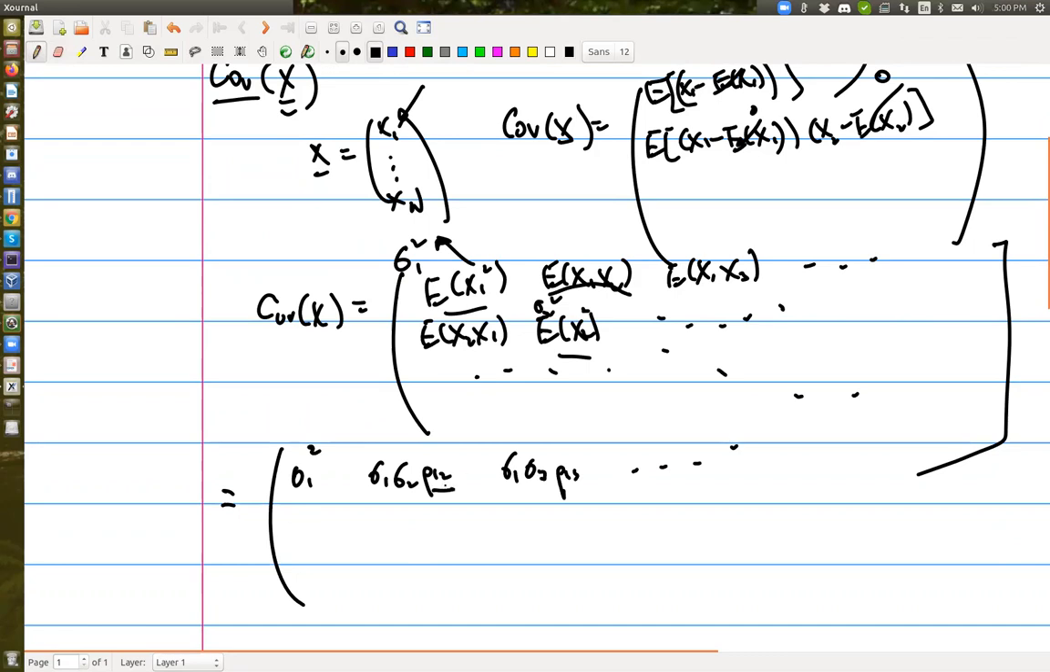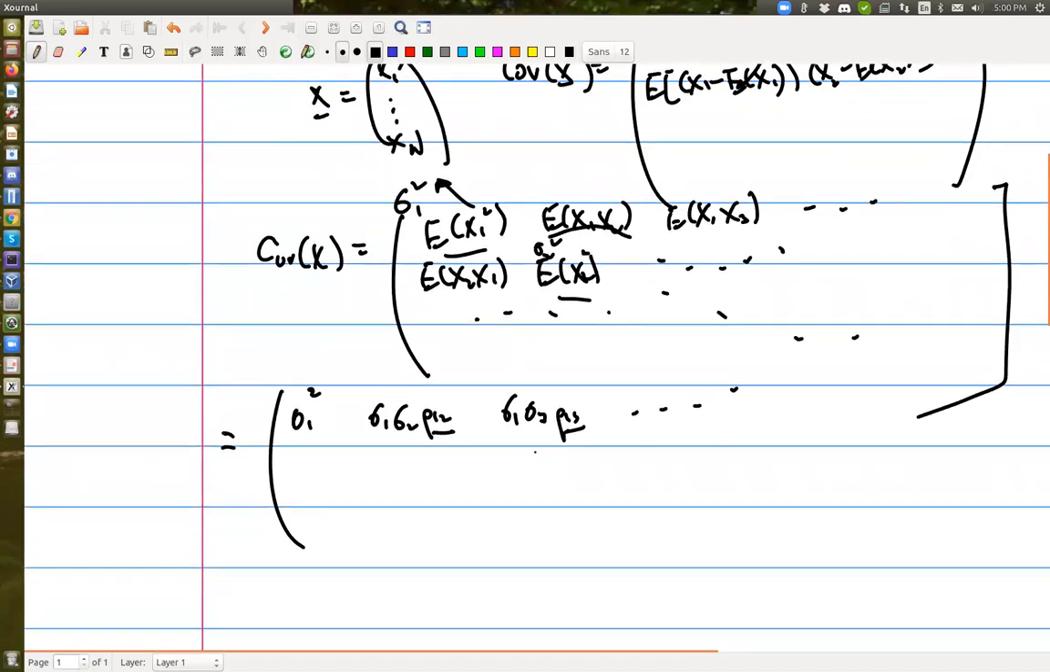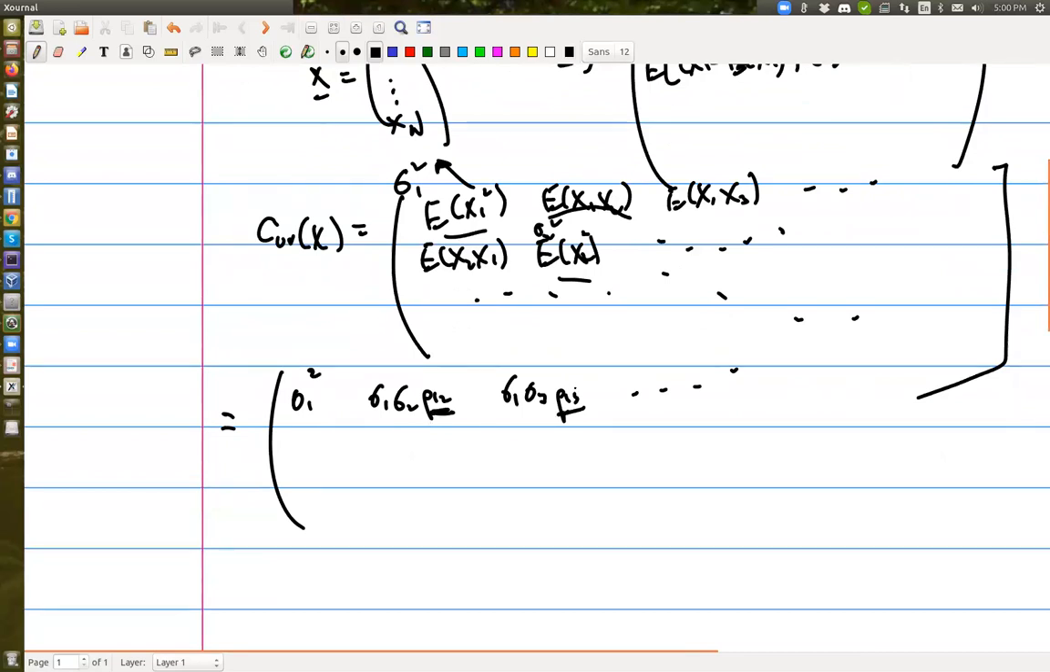By the way, does anyone know the name of this rho 1,2, rho 1,3? There's a name for this kind of coefficient here. In general, rho ij is equal to,